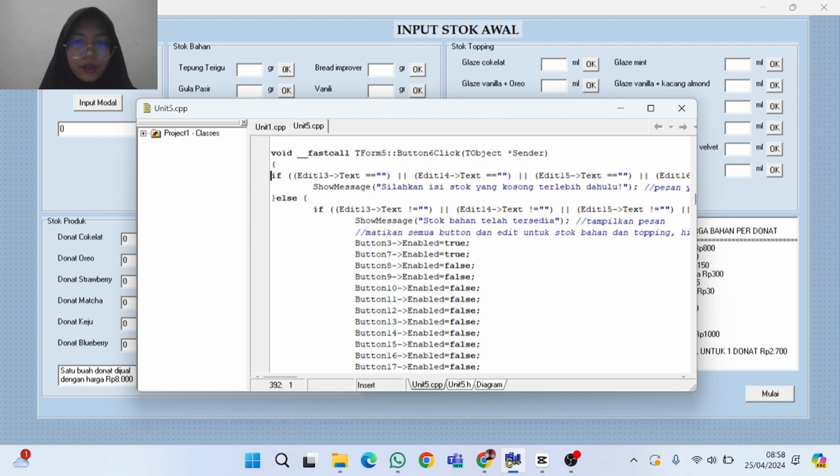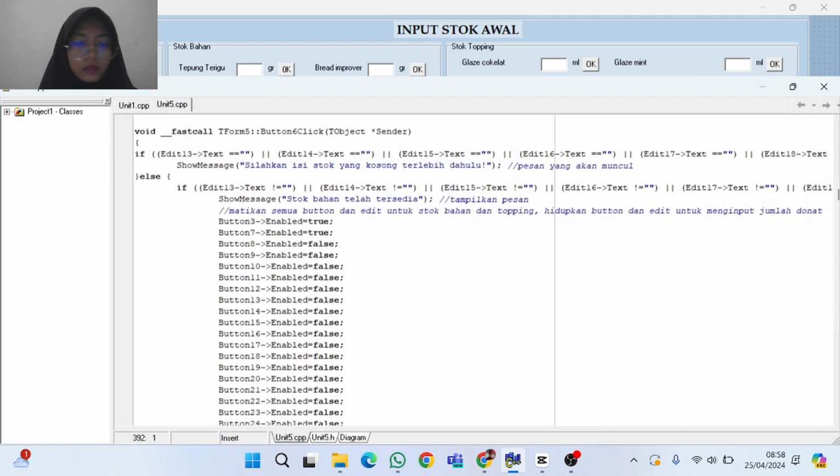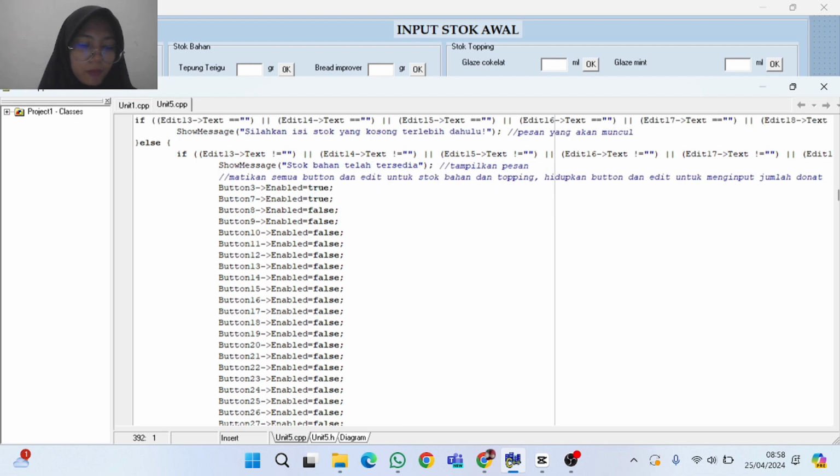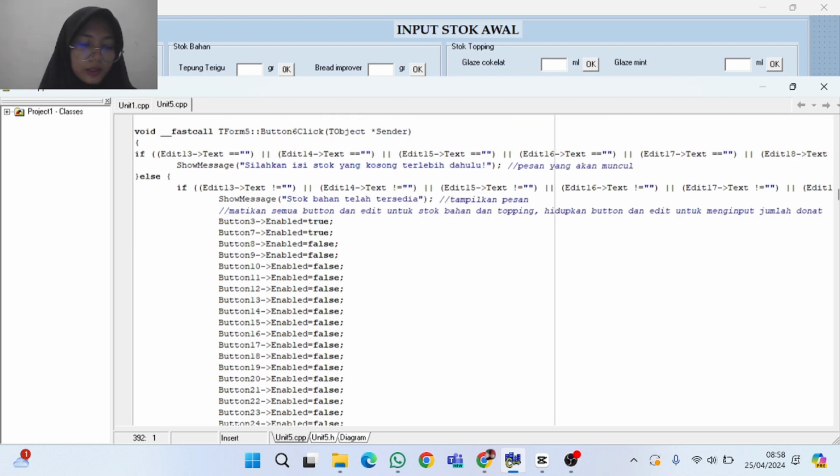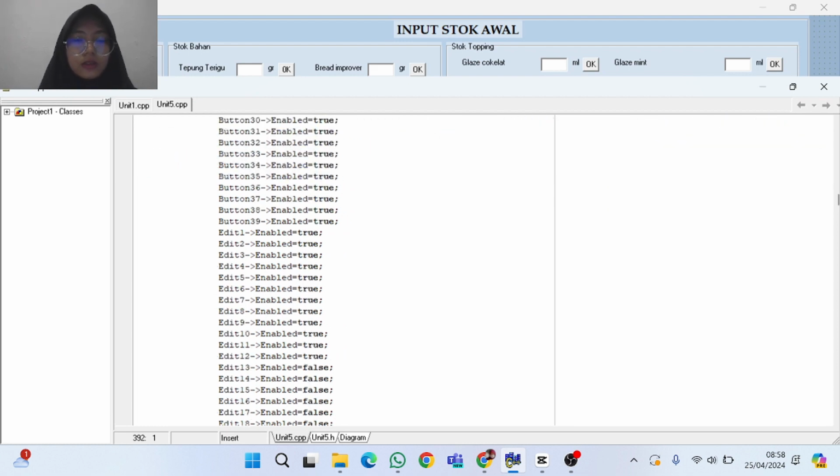If one of the edits is empty, a message will appear: please fill in the empty stock first. If all edits have been filled, the button edit above will turn off and the button and edit below will all turn on.